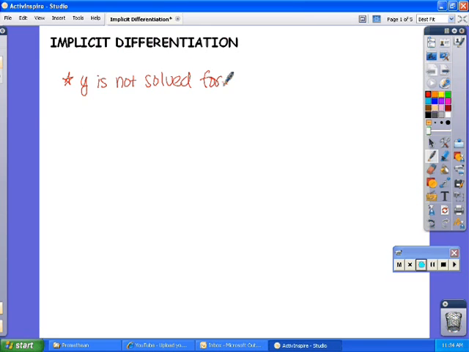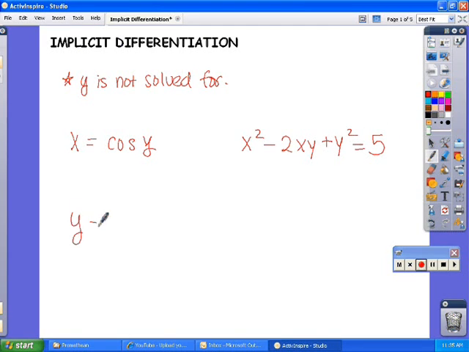So what do I mean by that? If you had a function like x equals cosine of y, y is not by itself, so you would have to use implicit for that one. If you had something like x squared minus 2xy plus y squared equals 5, you'd have to use implicit for that. But if you have what we are most probably used to, something like y equals and everything is in terms of x,